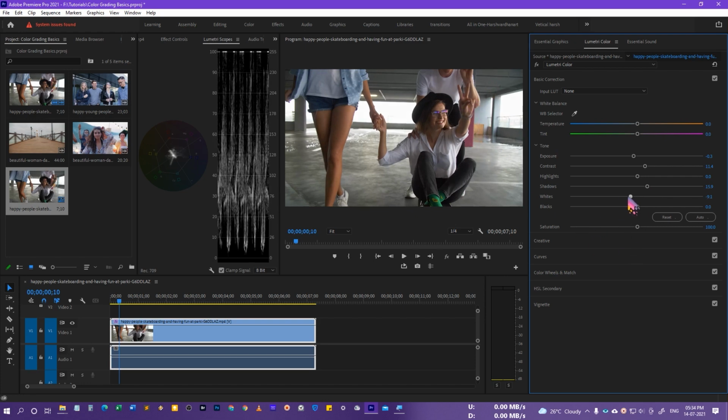All right, and then we have the option to adjust the white in the image, so we can add by dragging it to the right, or we can subtract by dragging it to the left. And if you just double click it, it's going to go to its default position, that's the 0. All right, and we can adjust the black. So if you just drag it towards the right hand side, that's going to take away the black, and you can see we have got this faded look. And if you drag it to the left hand side, that's going to introduce lots of black. All right, so it depends on you what kind of a look you want. So I'll just go for something like this, a little bit, +4 is fine.